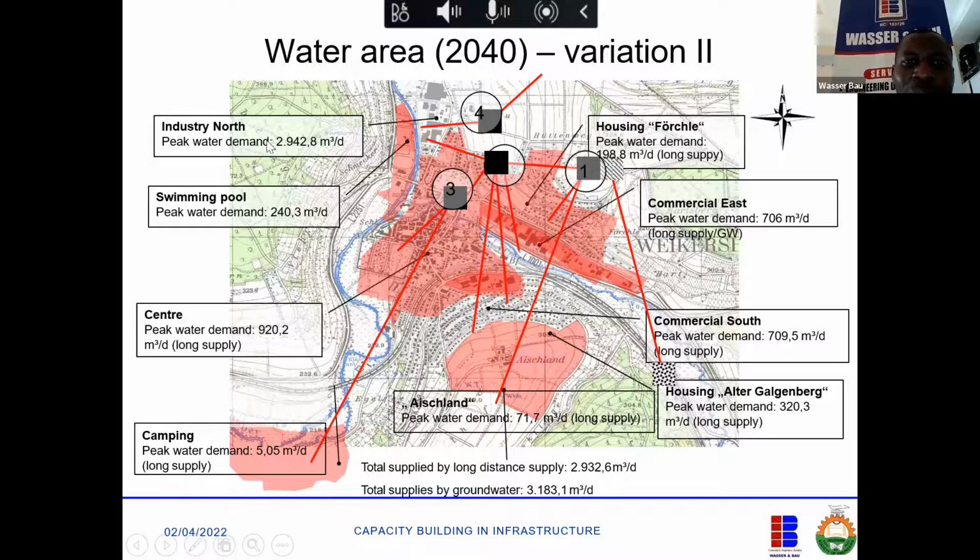Now, how did they get this? How we got this is that we multiply population times water demand. So this is the total water demand for this area. So if I now want to design the mains